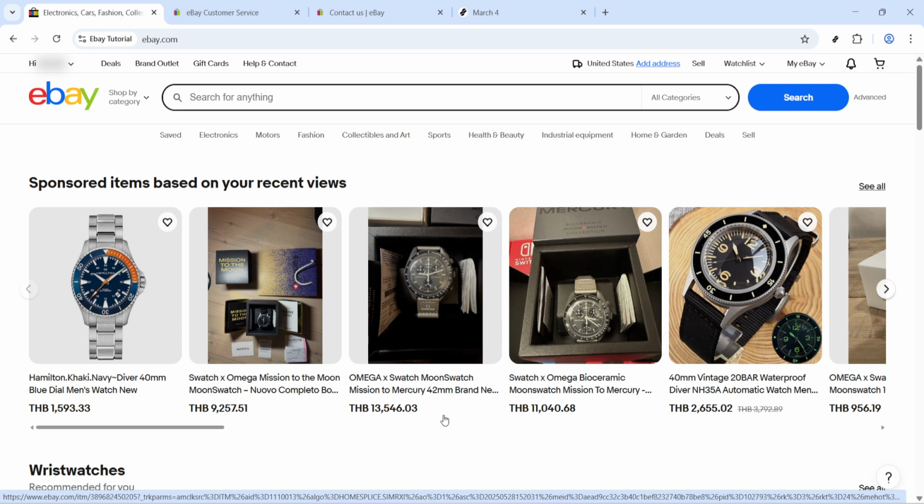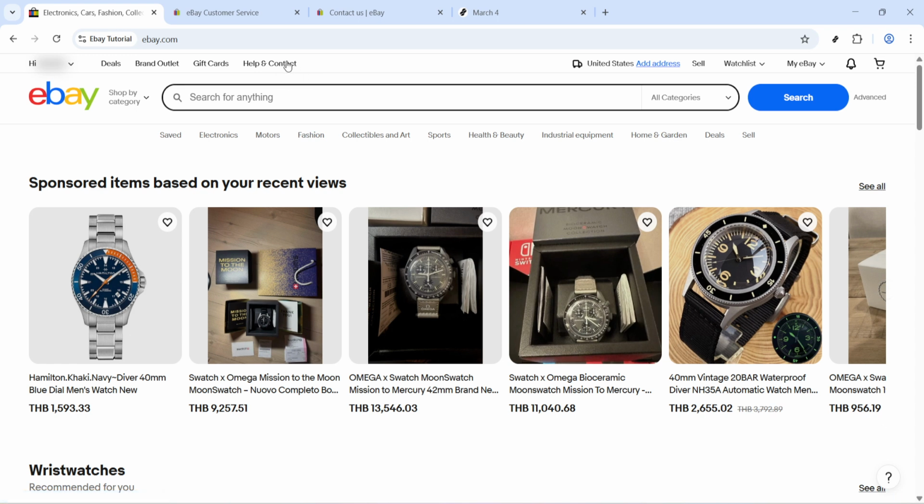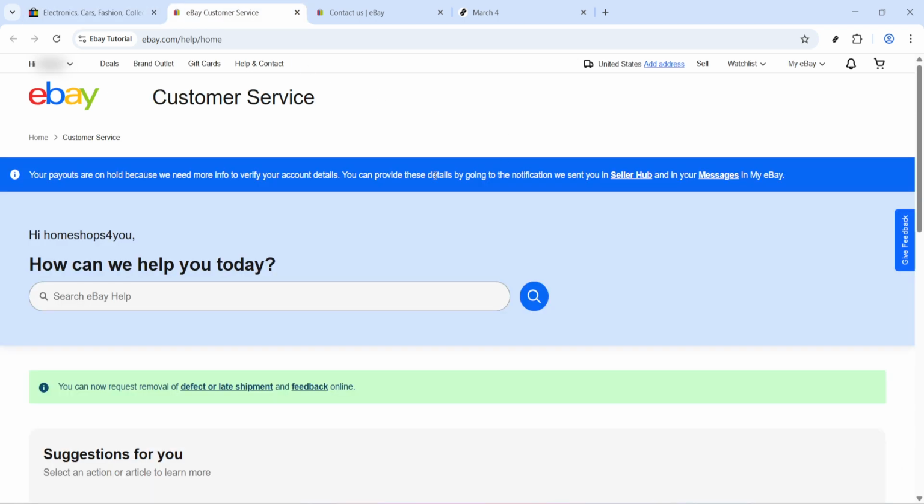make the process smoother. Start on eBay's homepage and look for the Help and Contact link. You'll usually find it at the top of the page in the main navigation, and it's often repeated in the footer as well. Before you click, it helps to sign in to your account. Being signed in lets eBay tailor support to your recent orders and activity, which can speed things up once you